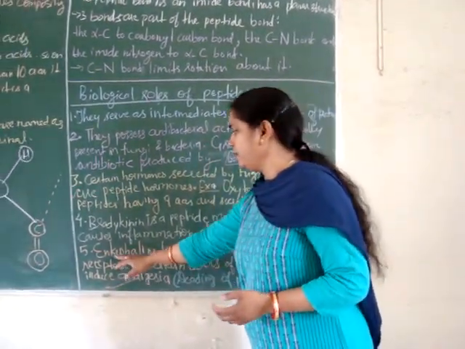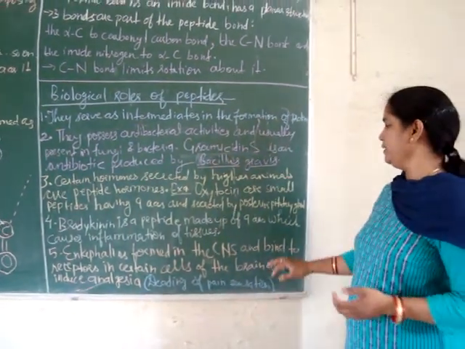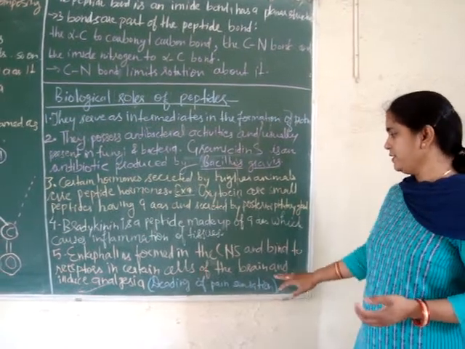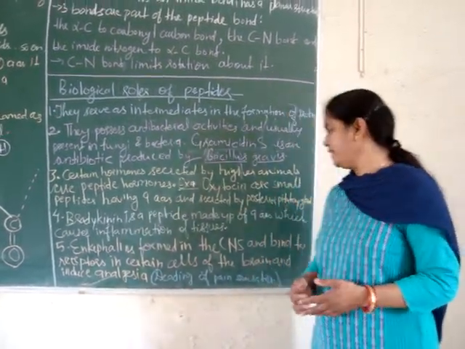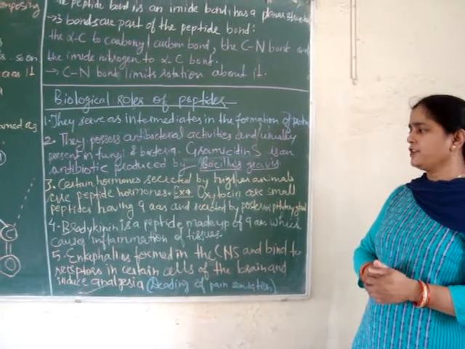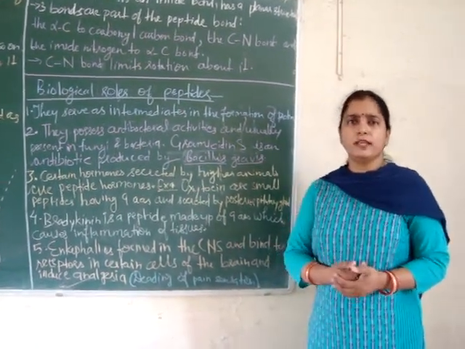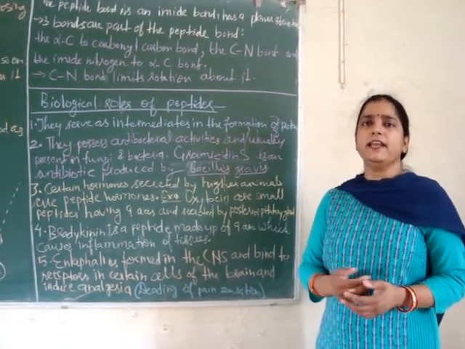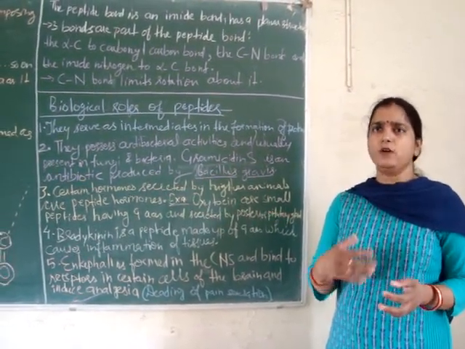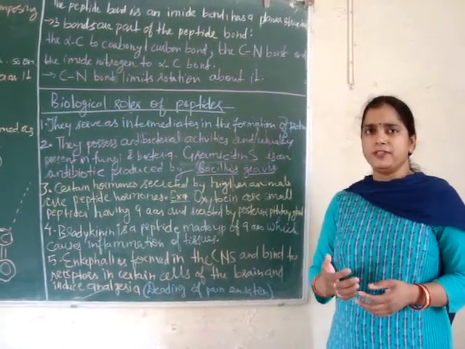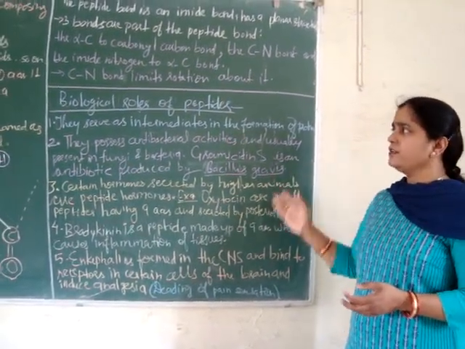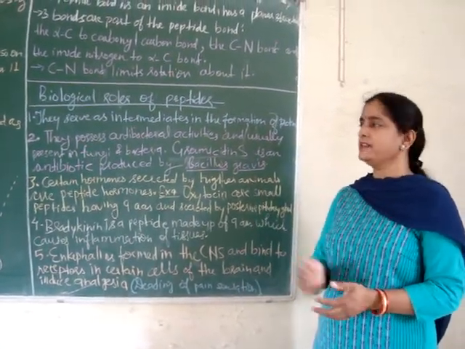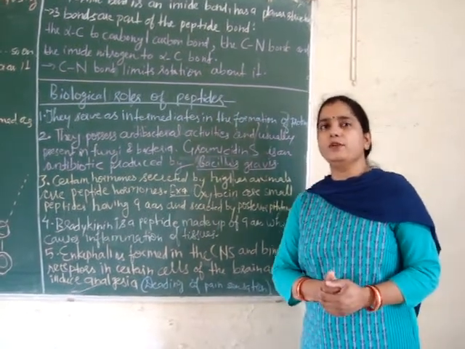Then another example is enkephalin, which is formed in the central nervous system and binds to receptors in certain cells of the brain and induces analgesia, that is the deadening of pain sensation. Apart from it, glutathione is also a peptide which takes part in electron transfer reactions and oxidation reduction reactions in RBCs. Okay, so these are the biological importance of peptides or oligopeptides, and some of the examples of important oligopeptides are